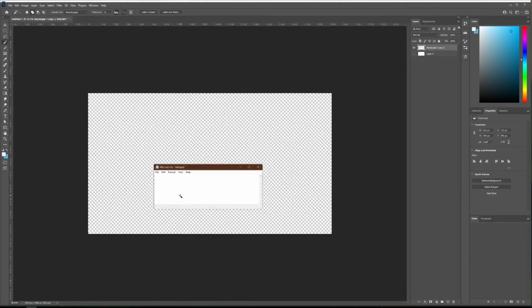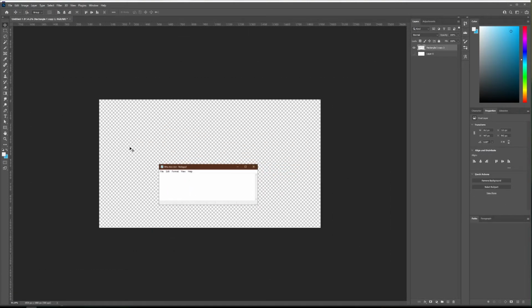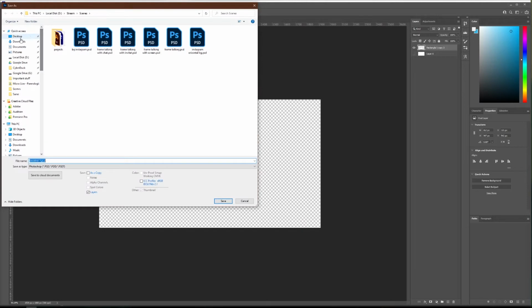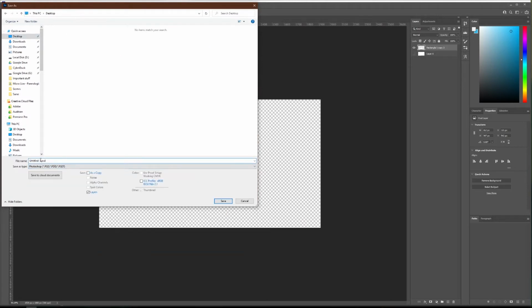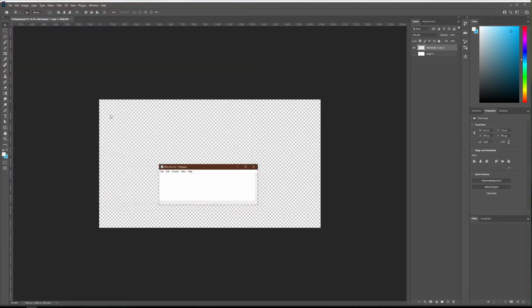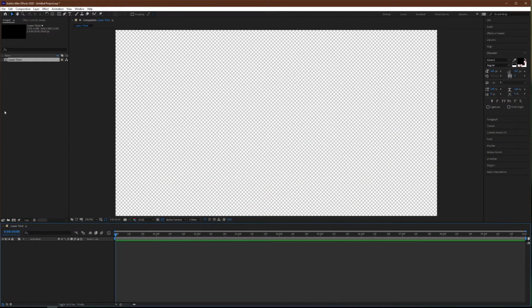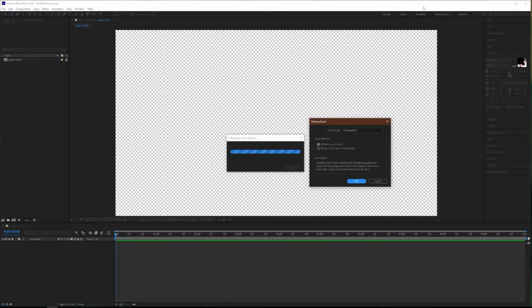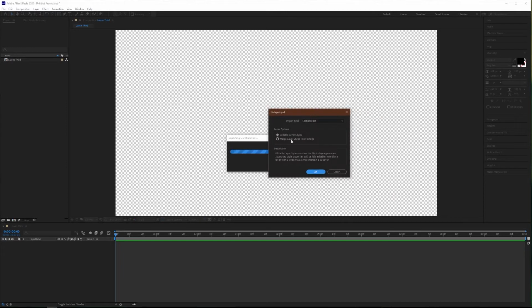Okay, so now we are going to save this Photoshop file to Notepad actually, and this we are going to bring it in After Effects,